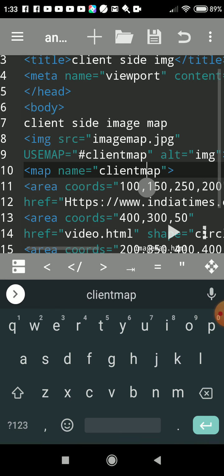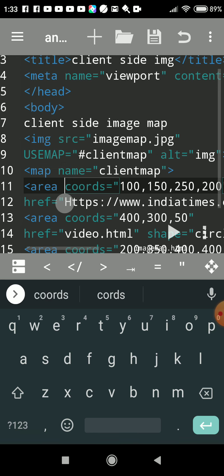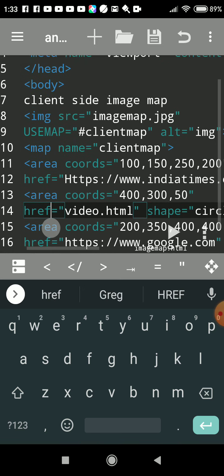That image is now ready for client side image mapping. Then after that, to create a hotspot, the area which is active for linking, we have to use multiple area tags under the map tag.